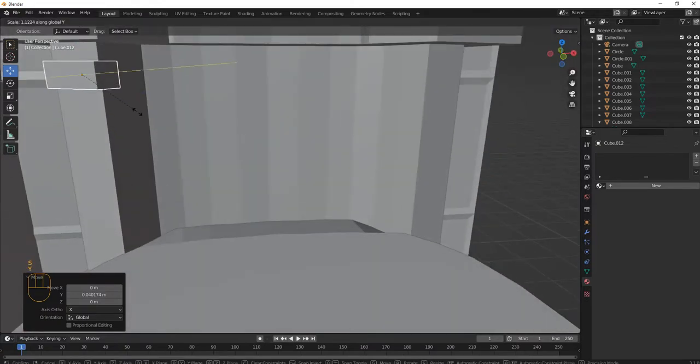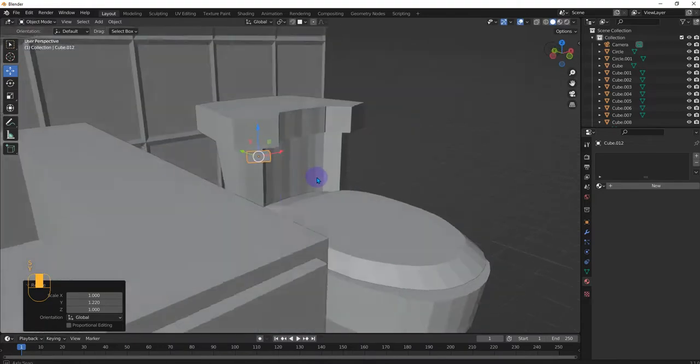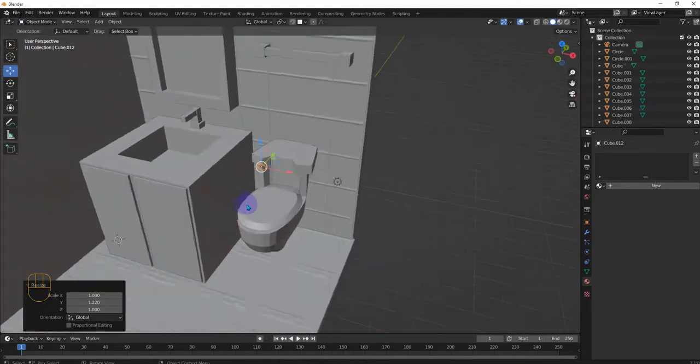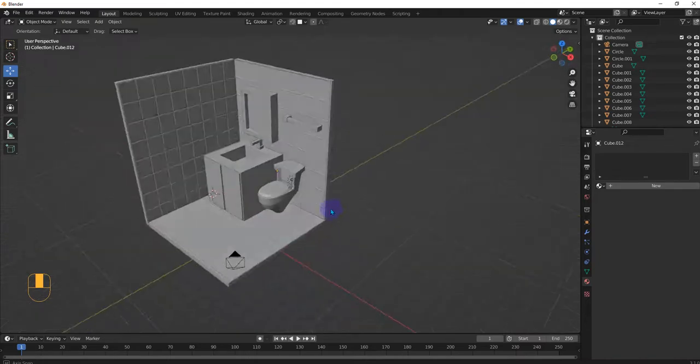S Y. All right, there we are. That's so you can flush it down, but otherwise,